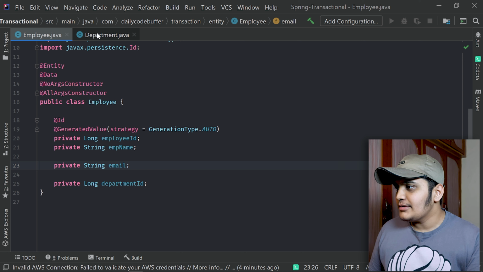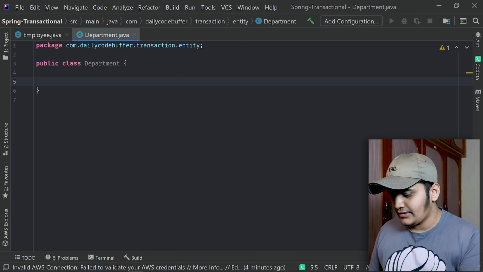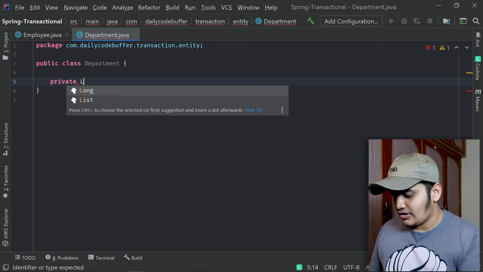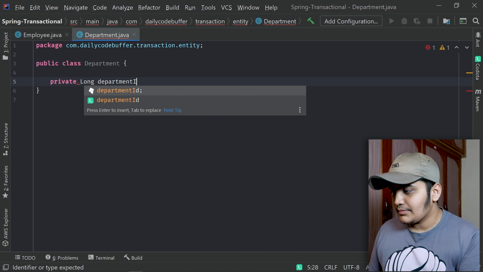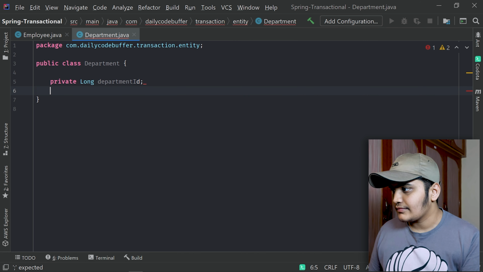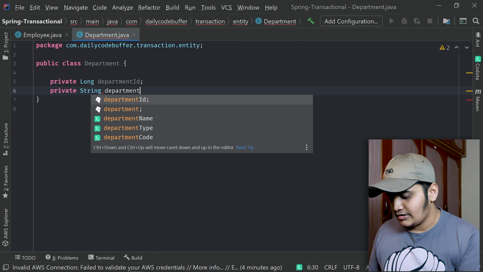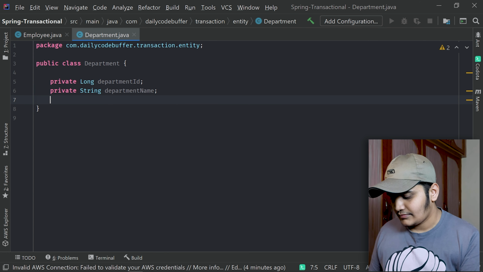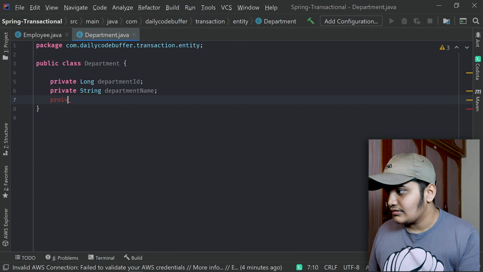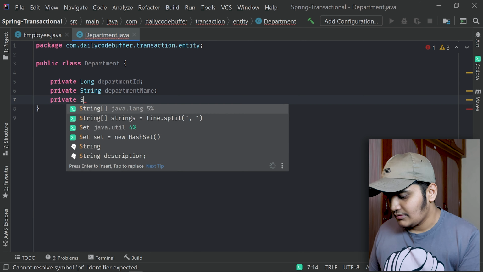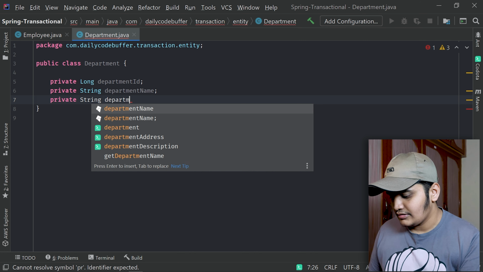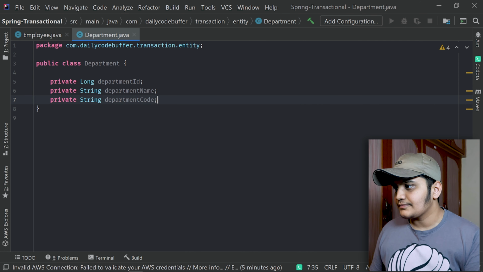Let's add the properties in the Department also. I'll add the properties private long departmentId, private String departmentName, and private String departmentCode.